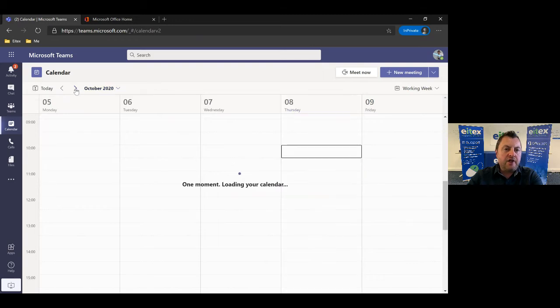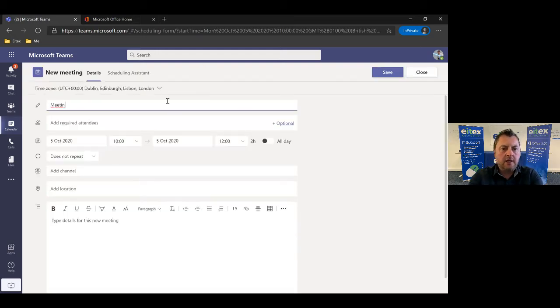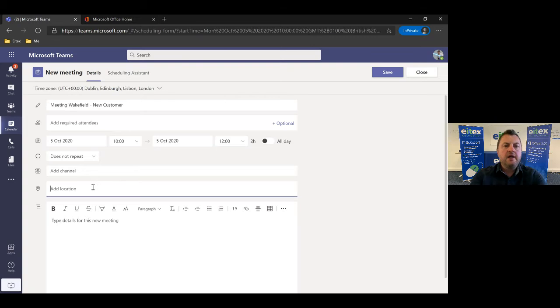But if you imagine next week, Monday, meeting in Wakefield, and this actually happened to us. This is something we did, meeting in Wakefield, and we had customers that we were meeting that we'd never met before. So we had prospects, opportunities that had come into the business for people that we've never met or spoken with before. So meeting Wakefield, new customer, and in here this would have been a geographical location. So WF1, I'm just making this postcode up, I don't know if it's real, 1AZ,